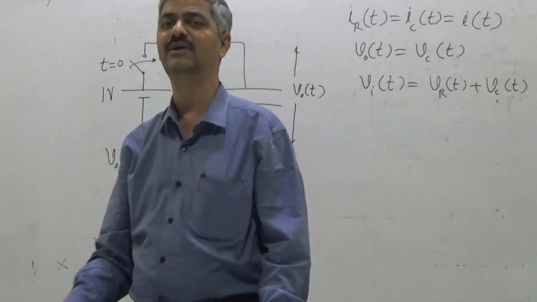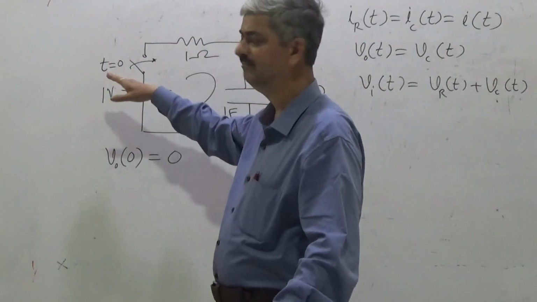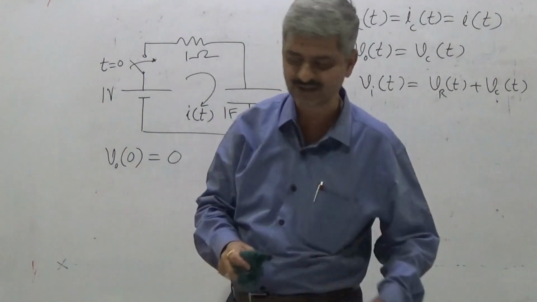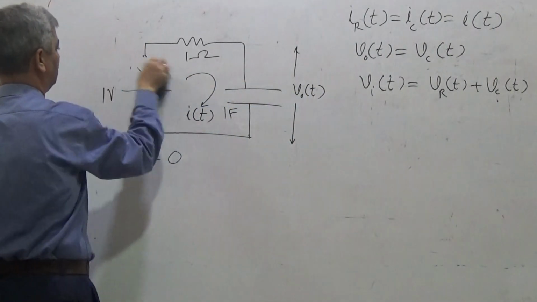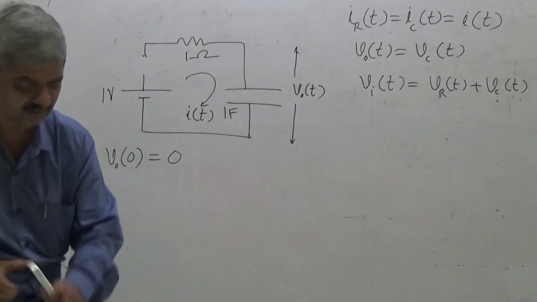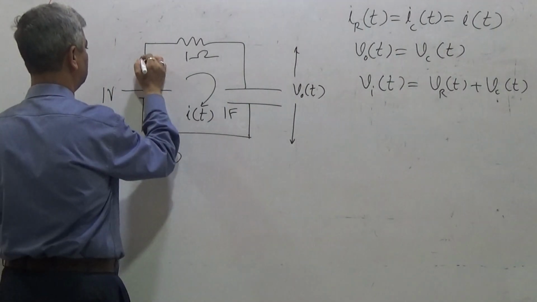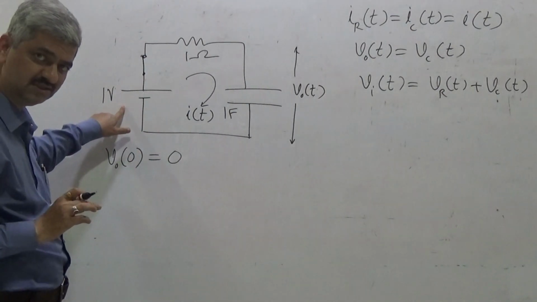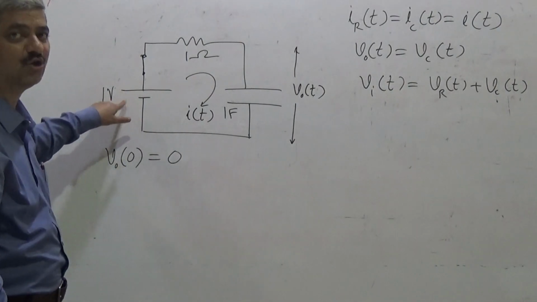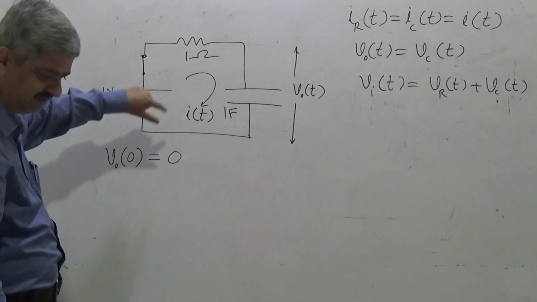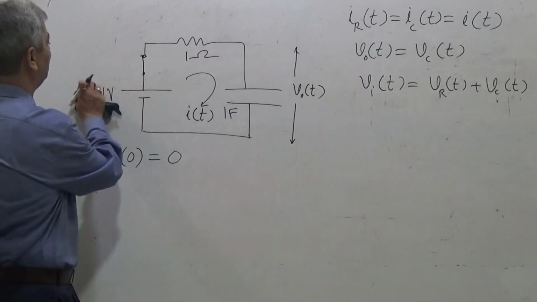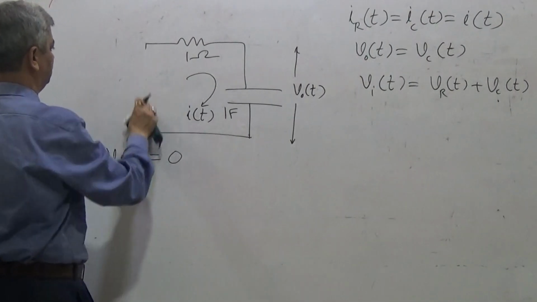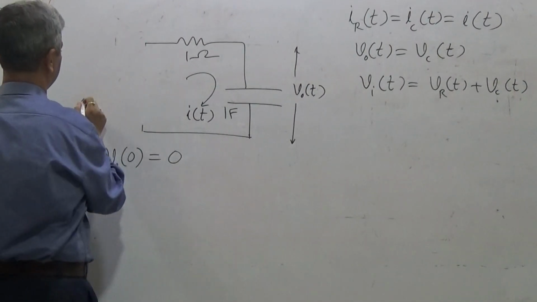What is V_in(t)? V_in(t) was 0 when the switch was not closed, and now we think of the switch getting closed. Once we close the switch, we start from this point. When we close the switch, what is V_in(t)? V_in(t) is 1. So we can first construct a differential equation where we can also remove this, and say that I am applying some input to it.